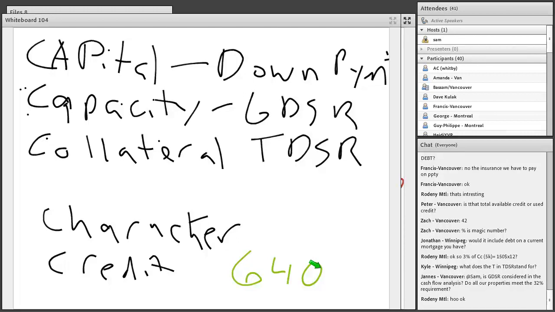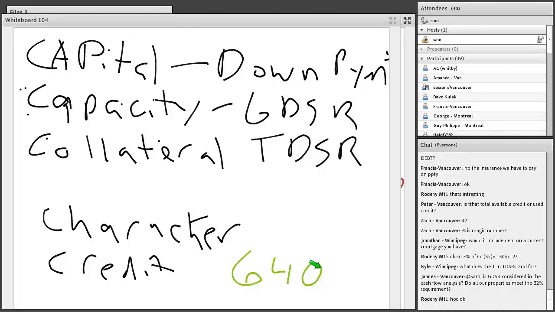Okay, so getting back to the 5 C's of credit, if you can do some underwriting on your own and figure out what these numbers are, then you've got a pretty good idea if you're going to get approved or not. You can always ask for your credit report from the lender. They should give it to you. You can also go online and pull it up yourself. You'll have to pay a small fee, and they'll give it to you. And then just do this as a practice. Figure out where you're at, right?